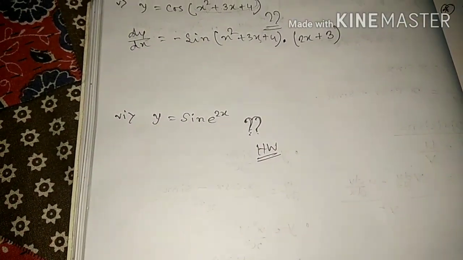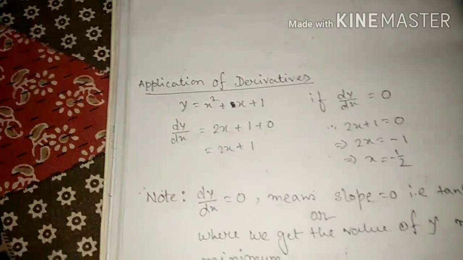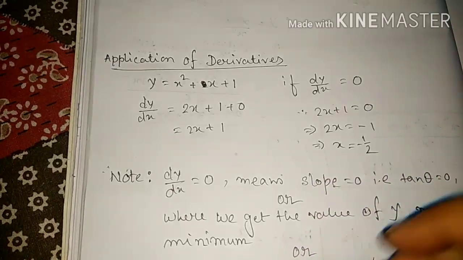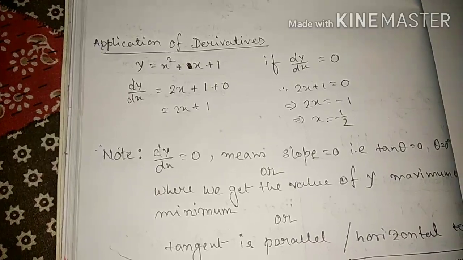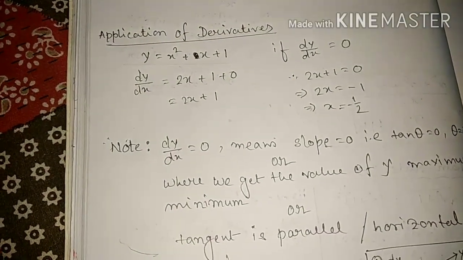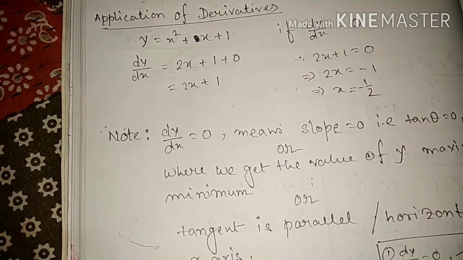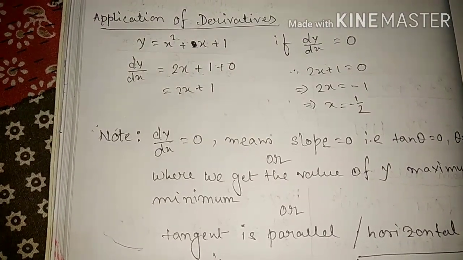So this is all about the formula of differentiation. Understand? Okay. Now where do we apply this differentiation, or application of derivatives? Another name for this is derivatives, differentiation. Using this differentiation, we can find out the maximum or minimum value of y, because we have the function y equals something. So using this procedure, the differentiation procedure, we can find out the maximum value or minimum value of y.